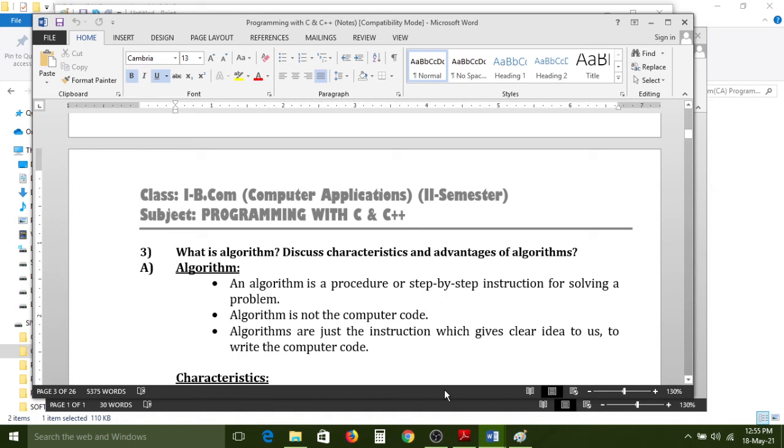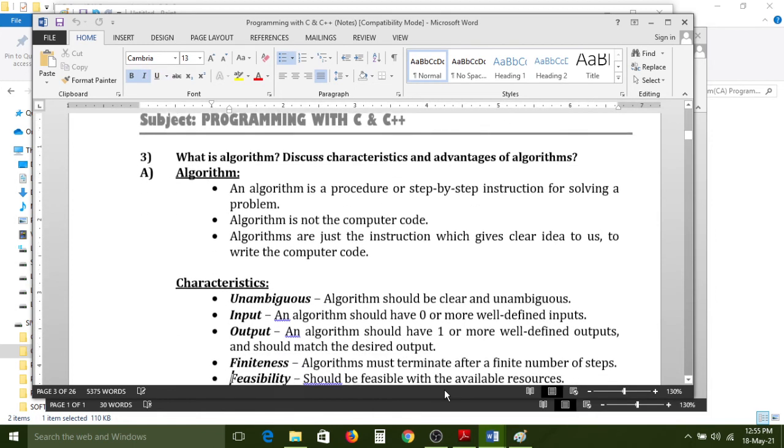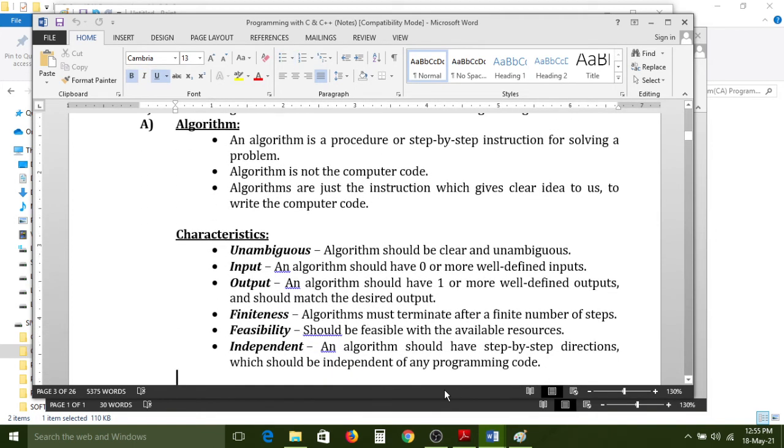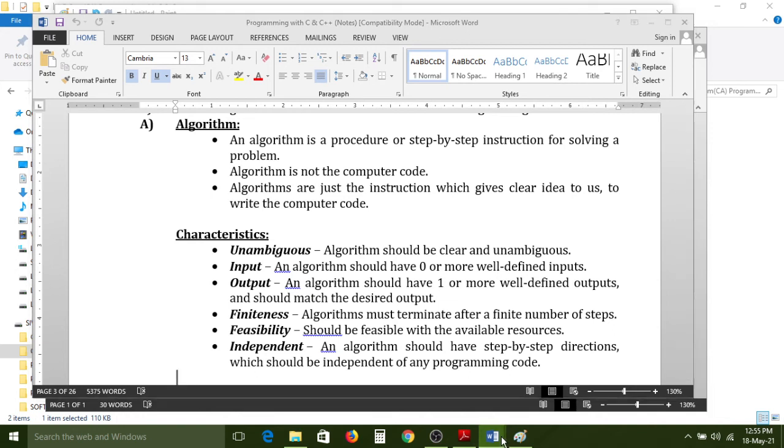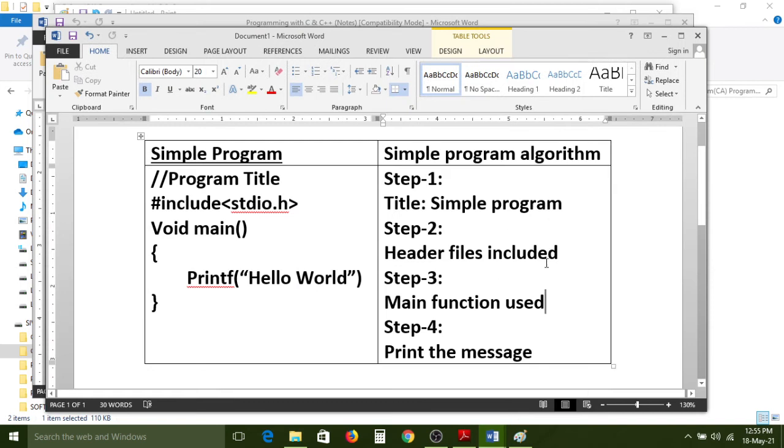So like that, we need to develop algorithms. Here the characteristics we have defined: unambiguous. The algorithm should be clear and unambiguous. If you design this algorithm, it should compulsorily be unambiguous. Unambiguous means there is no confusion for the owner.